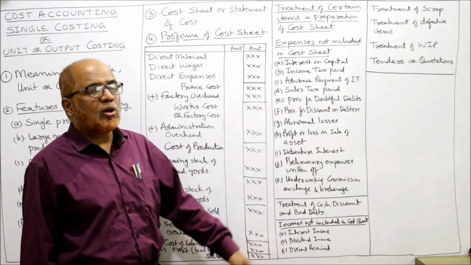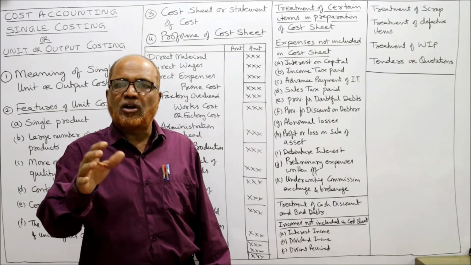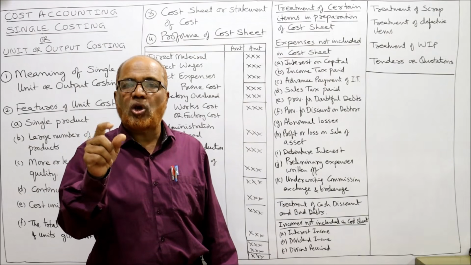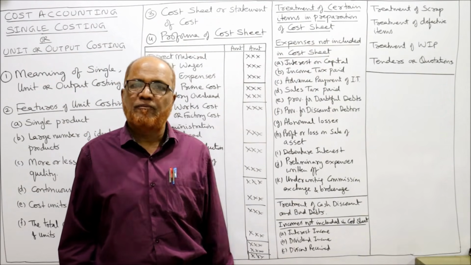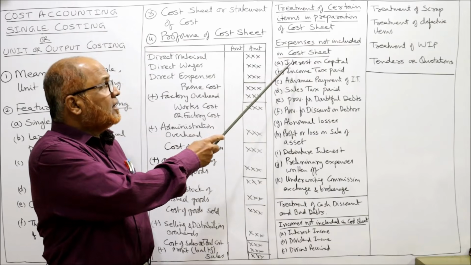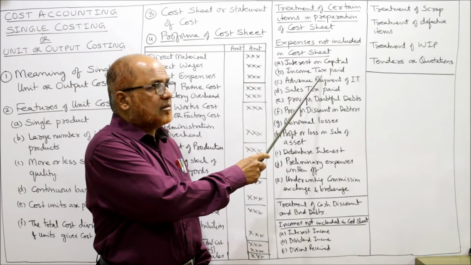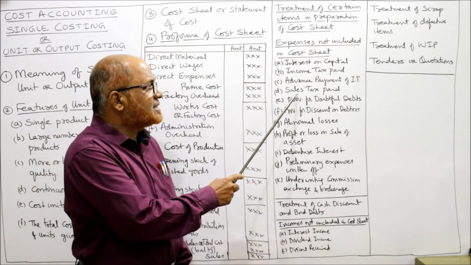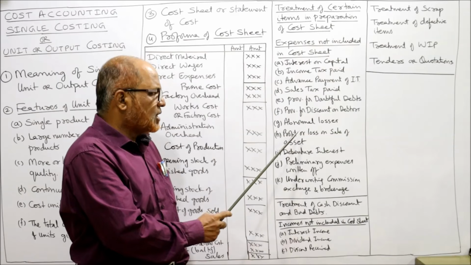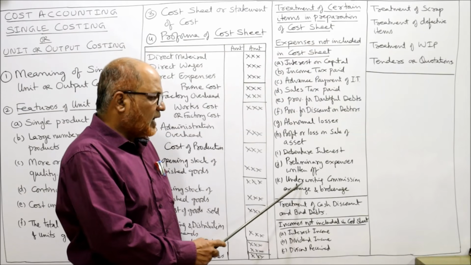Now, expenses not to be included in cost sheet. Remember, when you make the cost sheet, you should not think that all expenditure incurred should be taken into account. Some expenditure is there which will not find any place in the cost sheet, which should not be taken in preparation of cost sheet. What are the items? Interest on capital, income tax paid, advance payment of income tax, sales tax paid, provision for doubtful debts, provision for discount on debtors, abnormal losses, profit or loss on sale of asset, debenture interest, preliminary expense written off, underwriting commission,